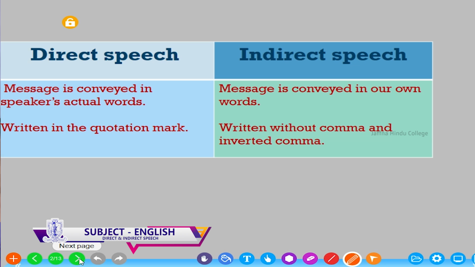The message is conveyed in the speaker's actual words, and in indirect speech, the message is conveyed in our own words. Direct speech is written in quotation marks, and indirect speech is written without commas or inverted commas. At the same time, before going into the lesson,